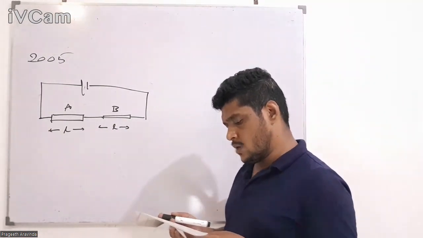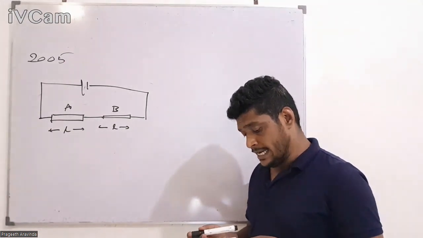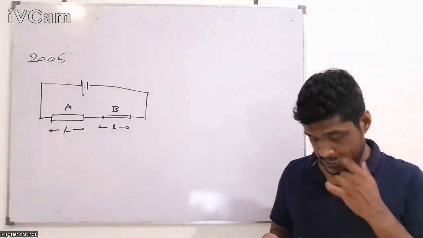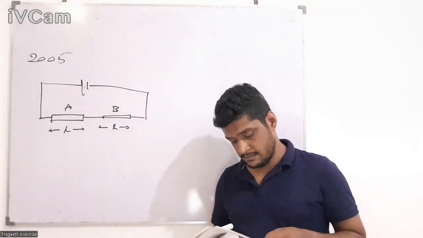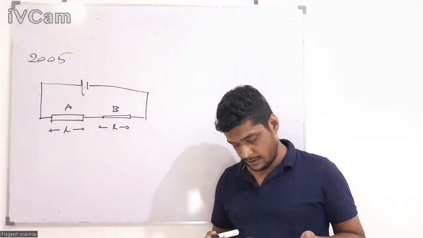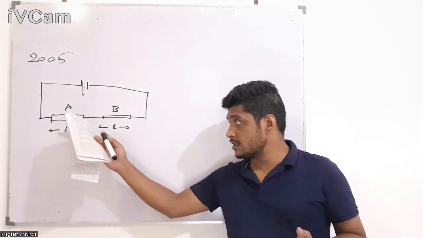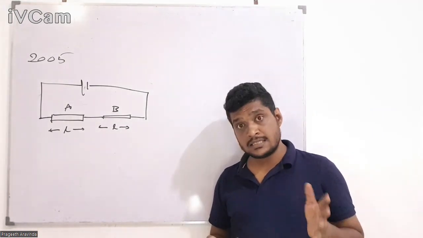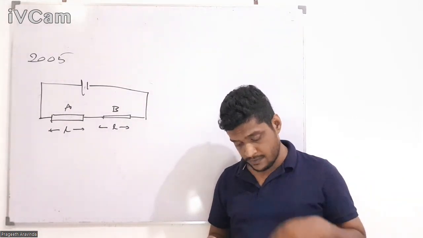The length of the two wires are the same. Consider the following statements, right? A: both A and B have the same resistance. Right? Because the cross sections are different. Because this one is thick and this one is thin. Definitely same length, same resistivity. So according to R equals rho L over A,